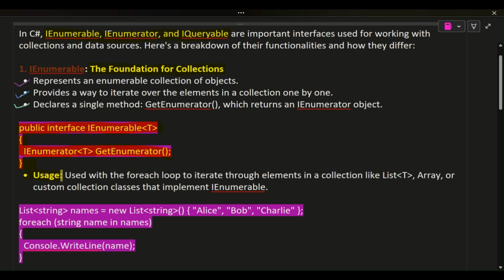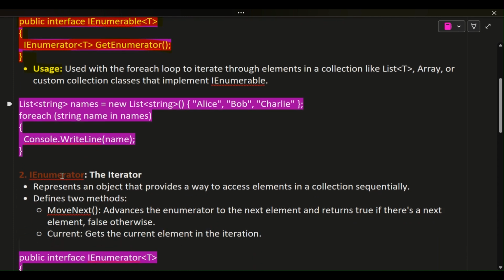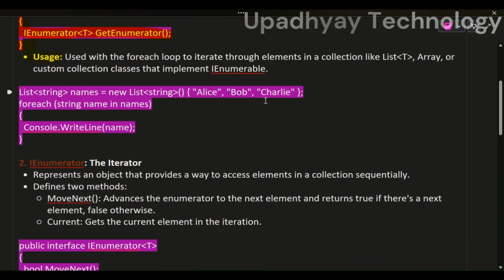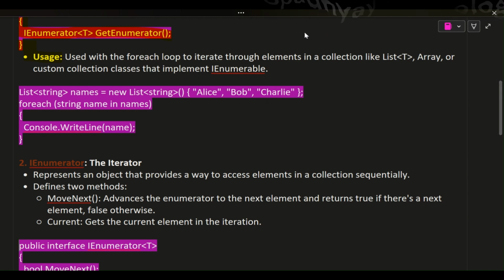Usage: used with the foreach loop to iterate through elements in a collection like List<T>, array, or custom collection classes that implement IEnumerable. List<string> names = new List<string> { "Alice", "Bob", "Charlie" }; foreach (string name in names) { Console.WriteLine(name); }